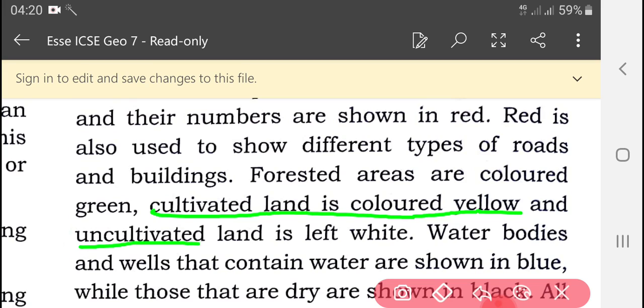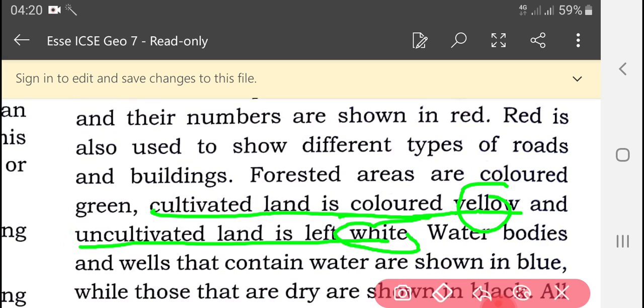Okay. And water bodies and wells containing water are shown in blue, while those that are dry are shown in black.